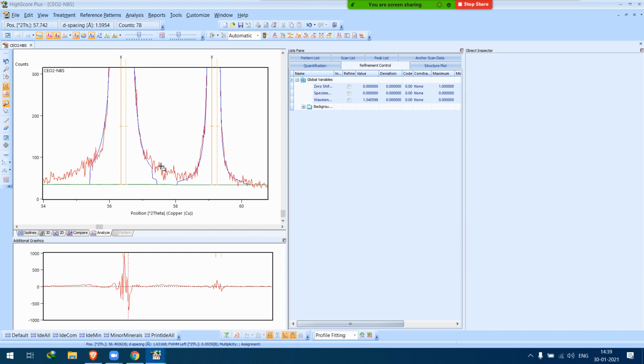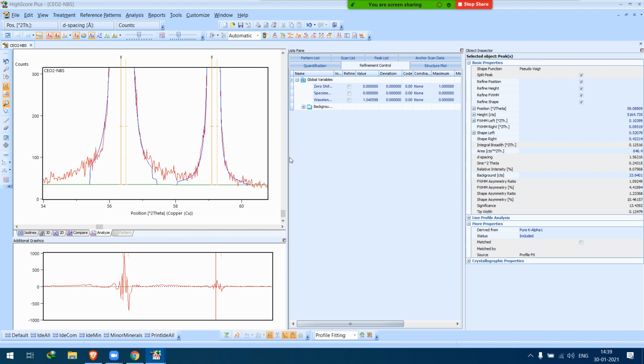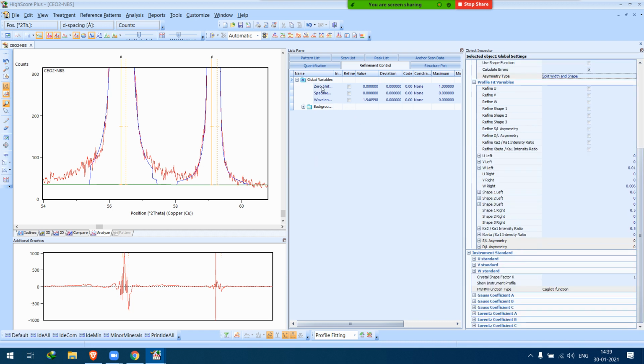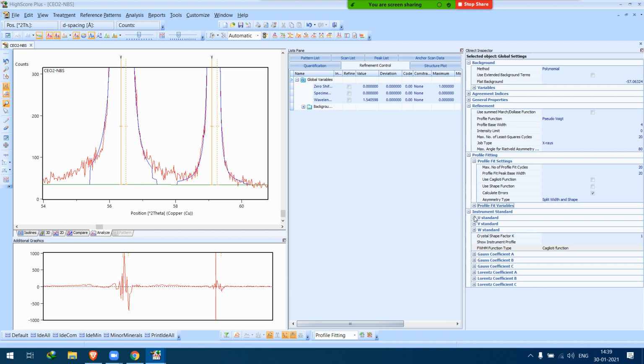Okay, so to curb this error, again we have to go for global variable and under the profile fitting, this option, profile fit peak base width.